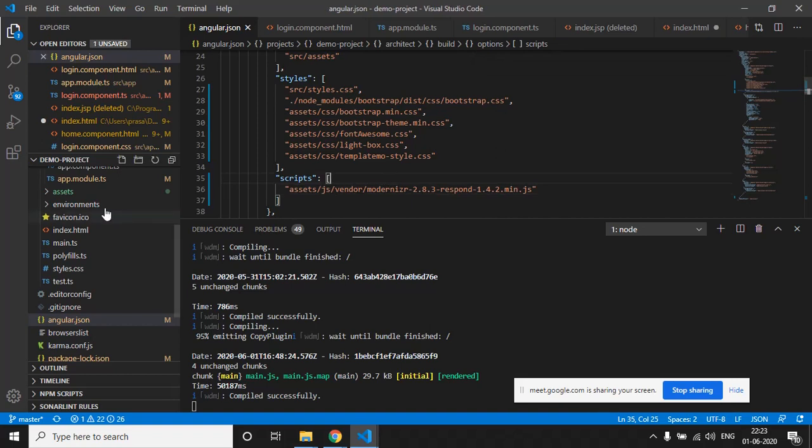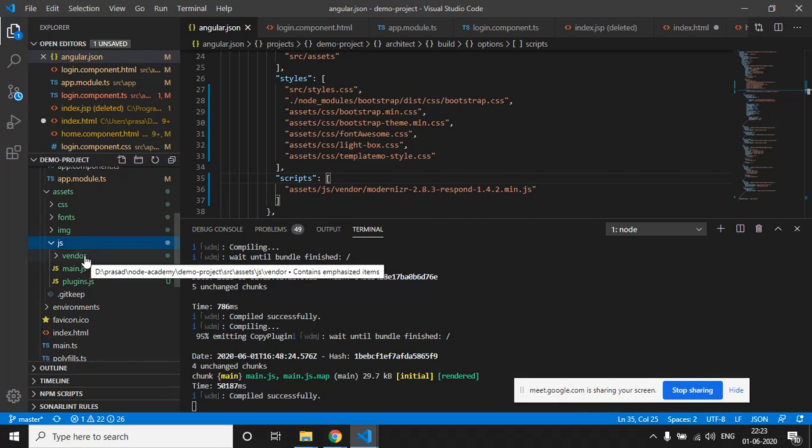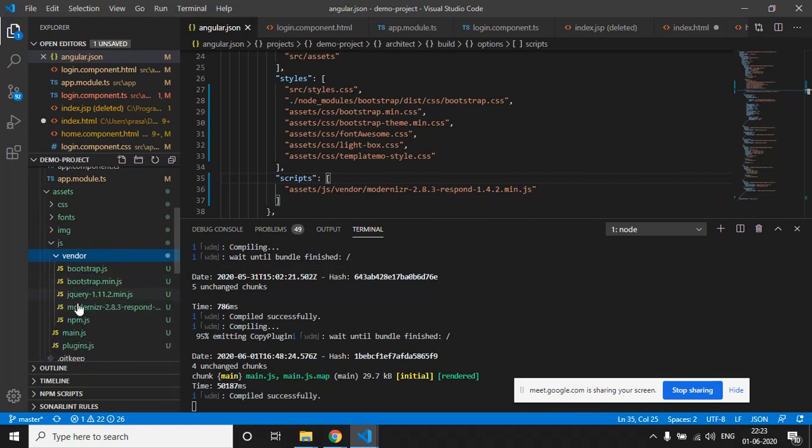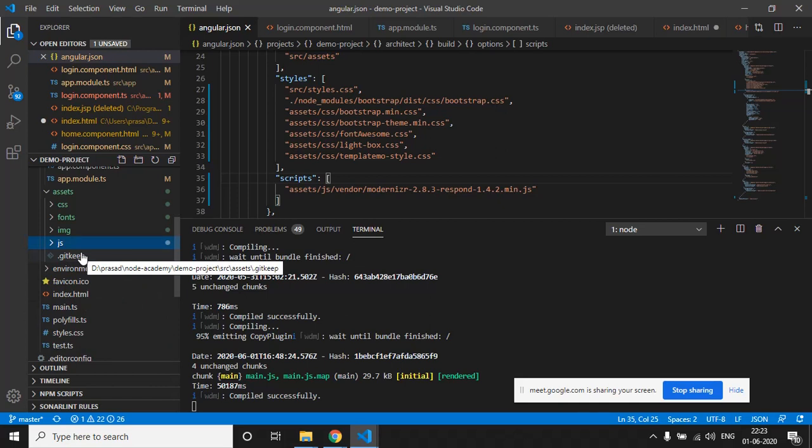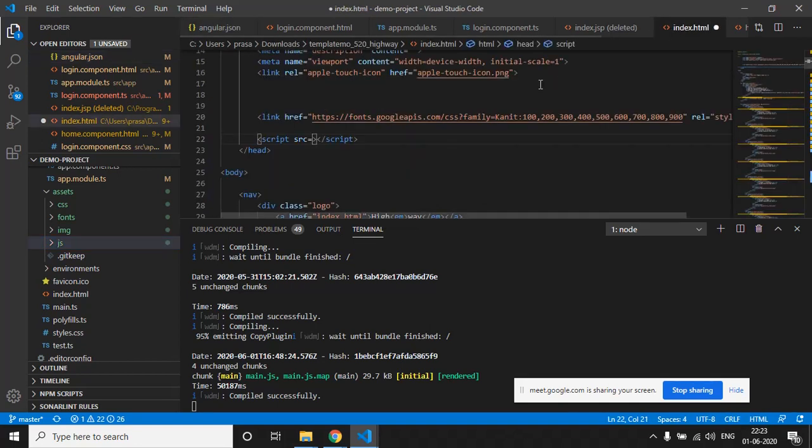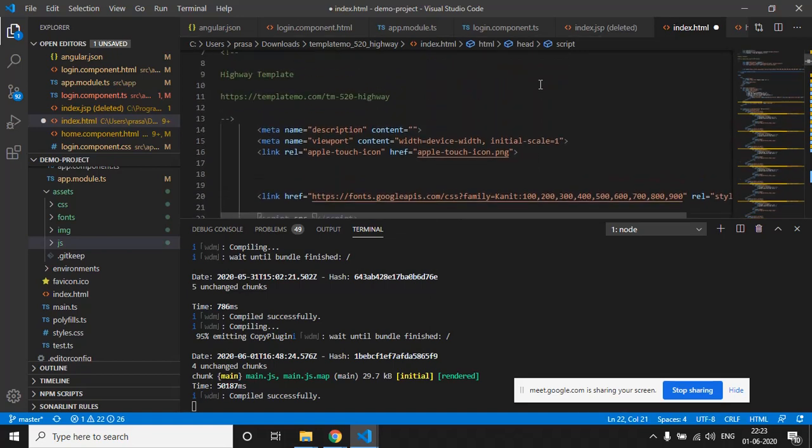So in JS it will have a vendor folder, and in vendor it will have these files as well. These are all the necessary JavaScript and CSS files which are used by that template. So let's see if there is anything else to import.